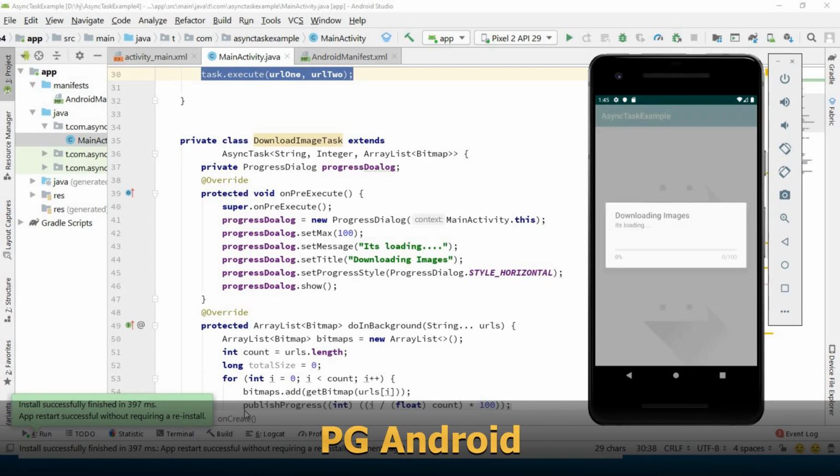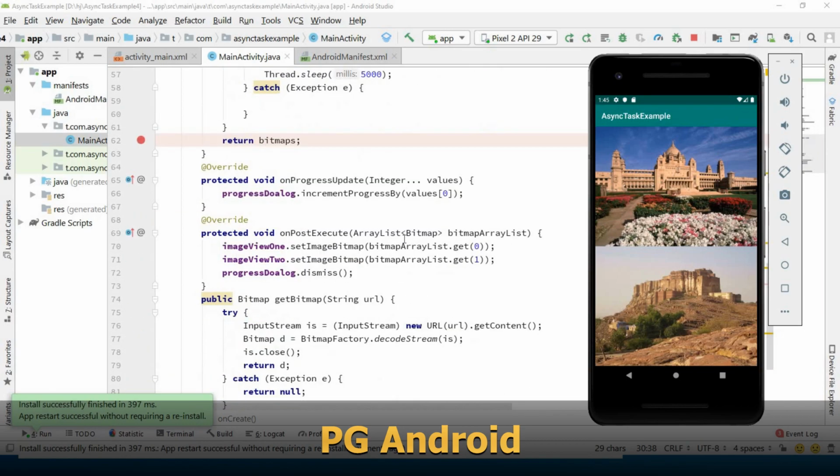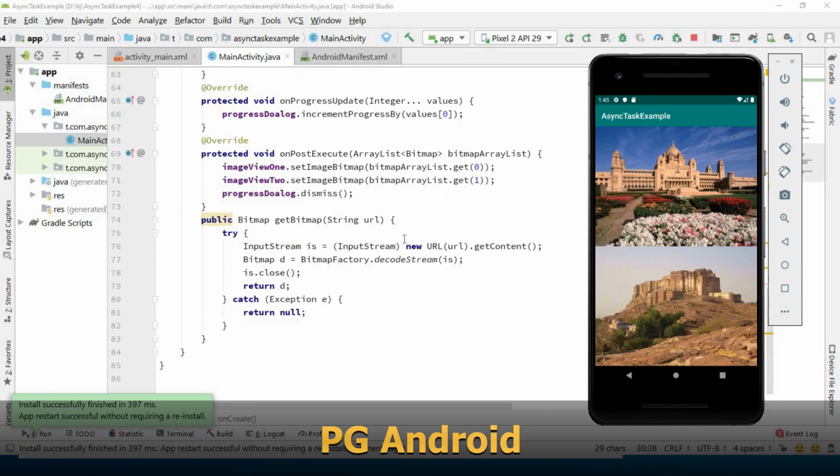Now the app is launched. It will show the progress dialog, and after some time it is downloading the first image. Now you can see after completing this task, it will send the ArrayList of bitmaps to the onPostExecute method, in which I have updated ImageView 1 and ImageView 2.